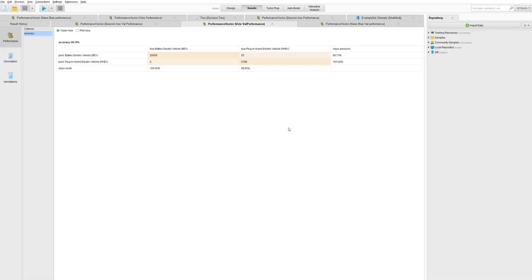The decision tree revealed that electric range greater than 72.5 is the single most important classification feature, and the naive bayes provides a strong probabilistic baseline. The vote ensemble achieved the highest validation accuracy of 99.79%, as you can see here, with 0 PHEV misclassifications on